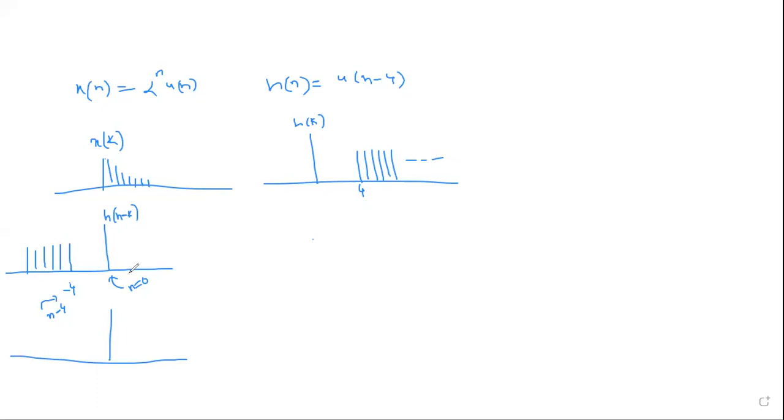Say n is equal to 1. Sir, there is an overlap. Where is the overlap? Tell me. So for the first one, h of k and h of n minus k, see here, where is the overlap? This is multiplied by 0. No, sir, for 0, I'm saying. No. For n equal to 0, there is no overlap.